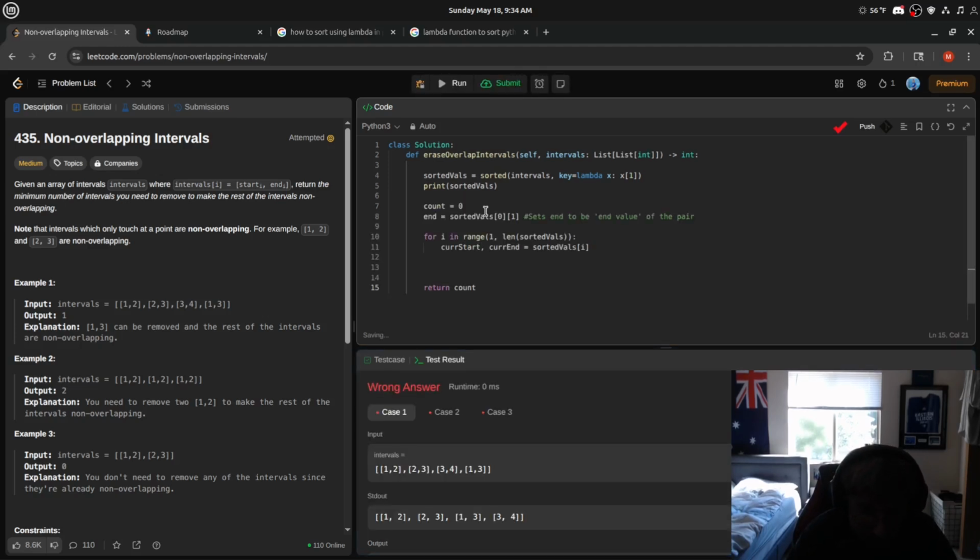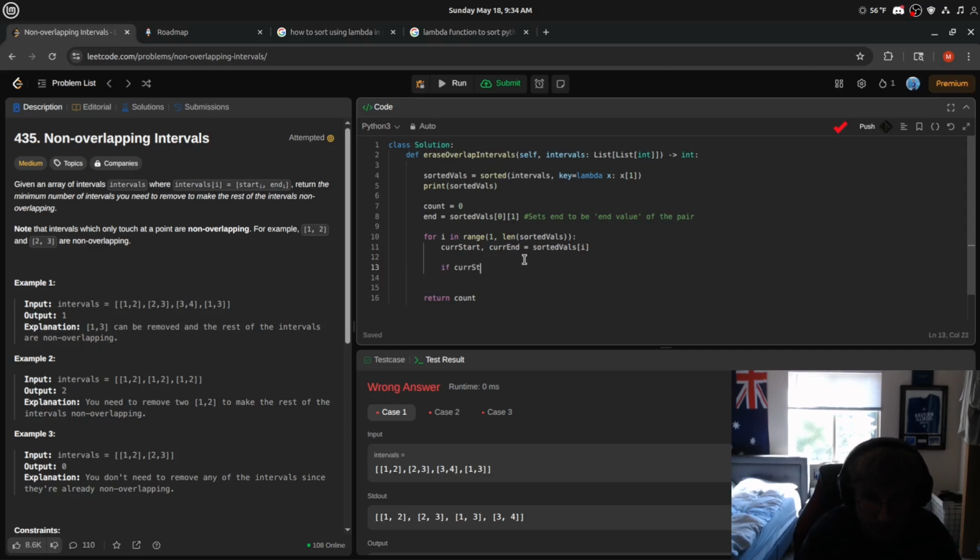Okay, so one, two, two, three. It's not overlap, but if 1 is less than 3, then we know it's an overlap. So